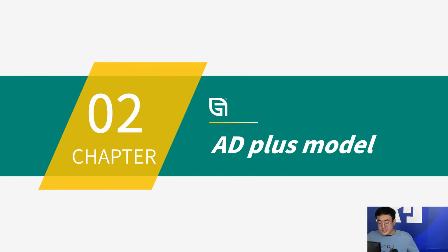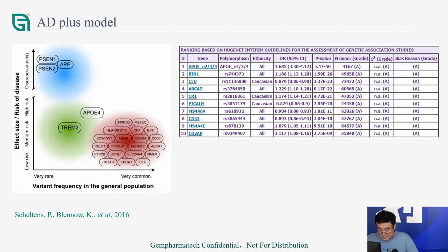And other than these FAD4T mice, we are also working on the next generation of AD mouse models, which we call the AD plus model. So what is the AD plus model? First, besides A beta accumulation, there are some other possible causes of Alzheimer's disease, such as inflammation, metabolic disorders, and infections. And more than 20 genes are highly associated with Alzheimer's risk, such as ApoE and TREM2, and also